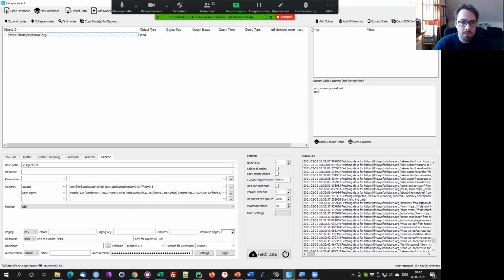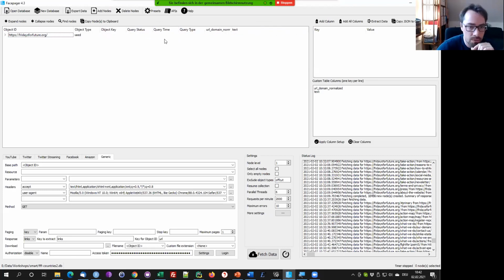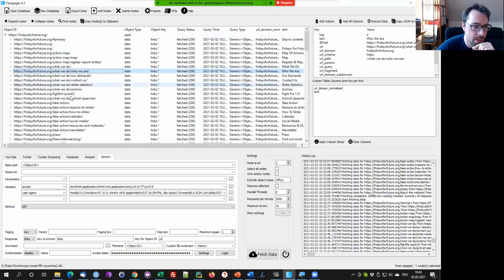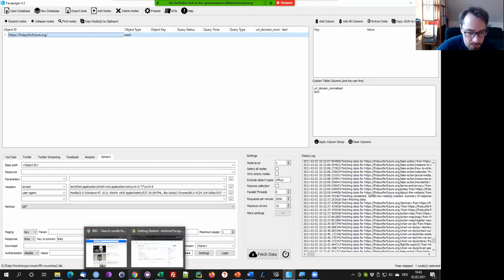I will take the last minutes, and we'll look into another use case that's more related to web scraping than following the links, because in this case we didn't do anything with the custom table columns here, nothing, because it's just following the links, and we have the links in the object ID. So let's have a look at a classical web scraping example,